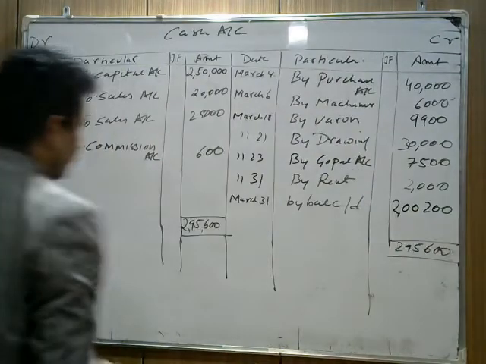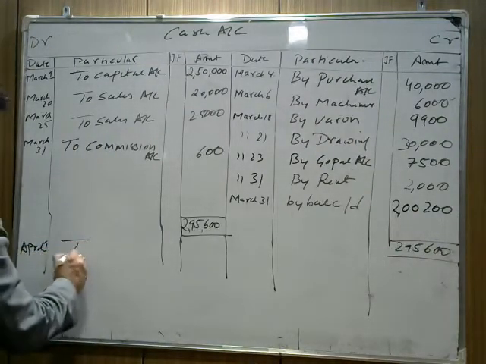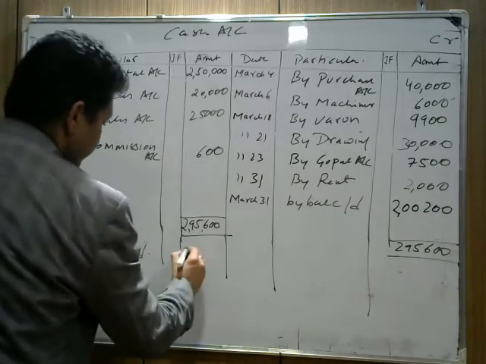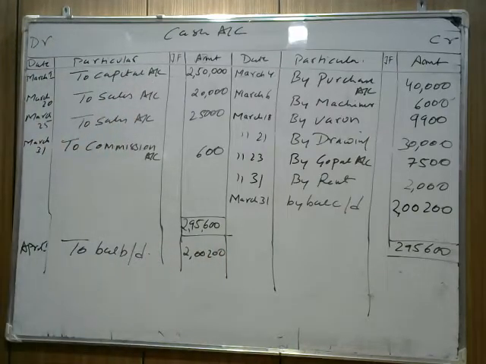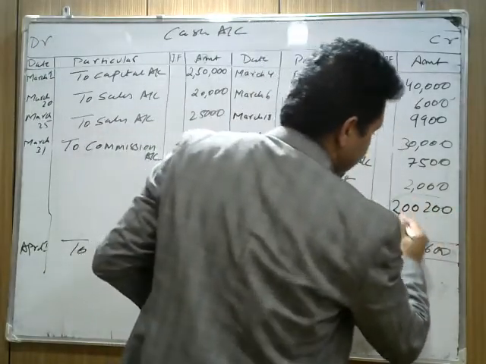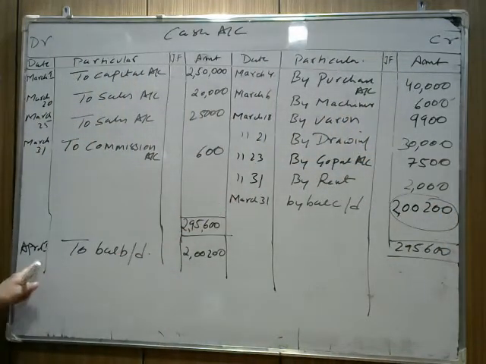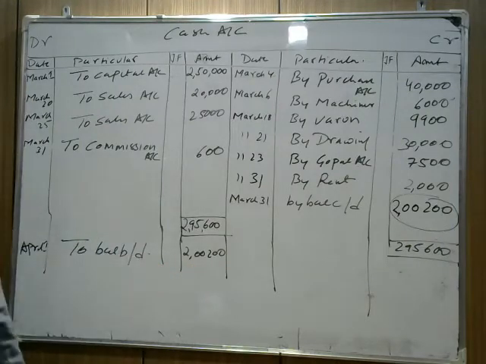And what is the closing for March is the opening for April 1st. We write "to balance b/d" on the debit side, which is coming 2,200,000. I hope you understand the balancing part, how we do the balancing of these accounts: total of this side minus total of this side. So how much balance is left with you? You get a balance of 2,200,000. And what is the closing of March 31st is the opening of April 1st. So you have a balance of rupees 2,200,000 on April 1st. I hope this part, cash account, is clear.